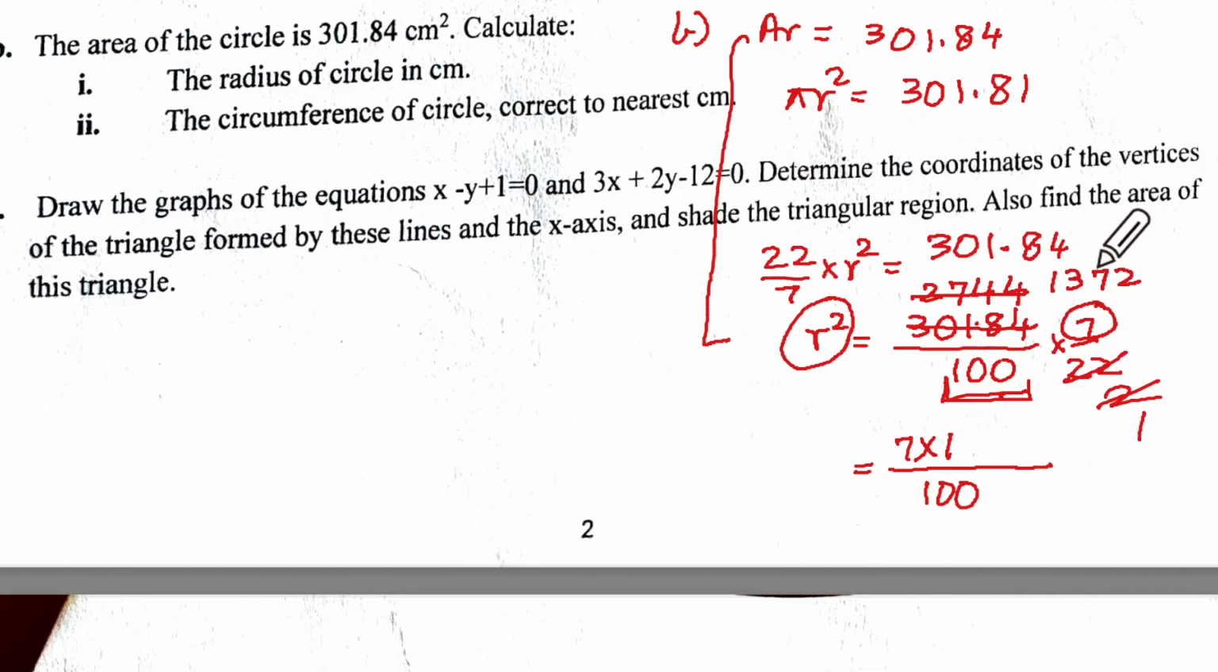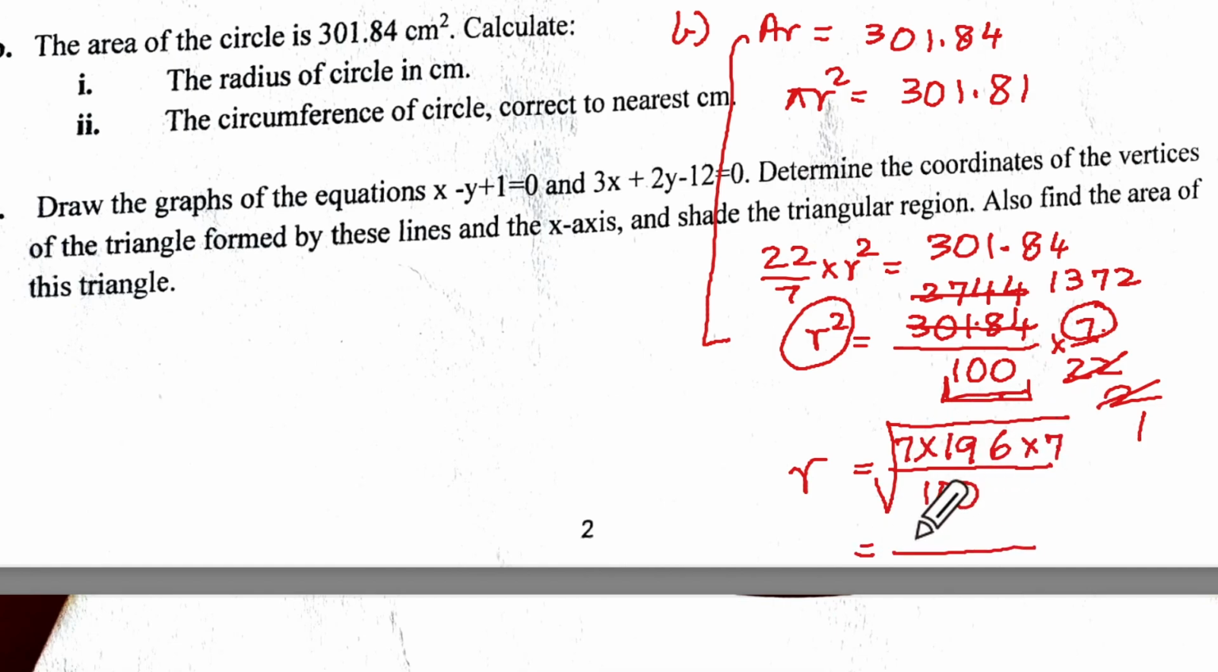7, 1, 7. Remains 6. Then 9 and 7, 6. Can you see that? Yes, ma'am. And this is 196. Can you see that? 14. So right? R will be equal to, look,